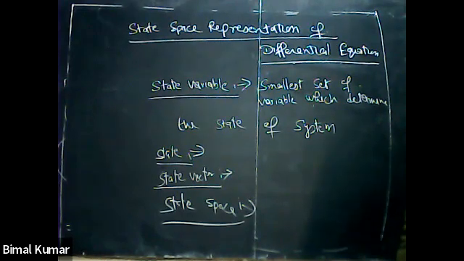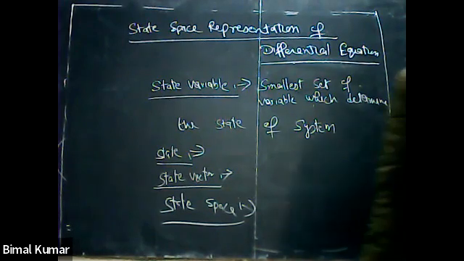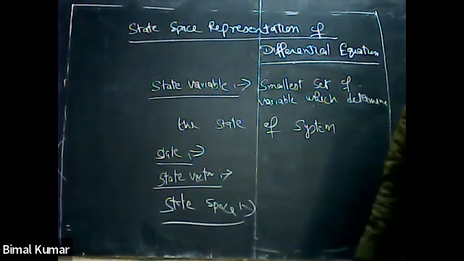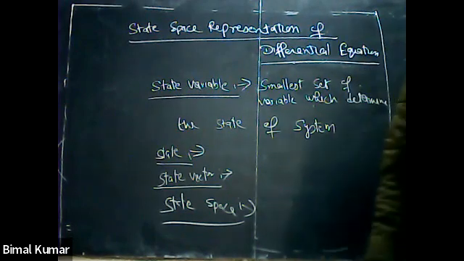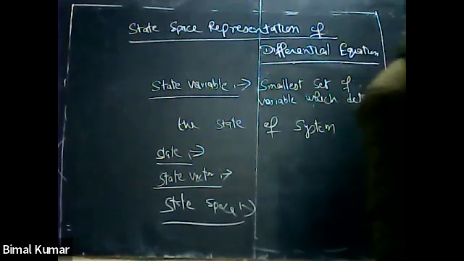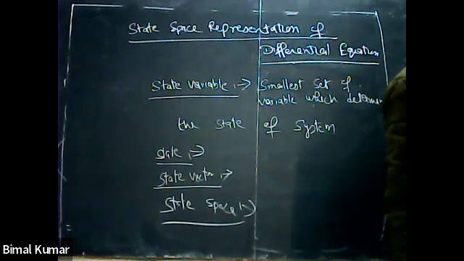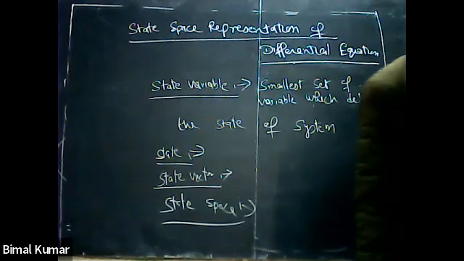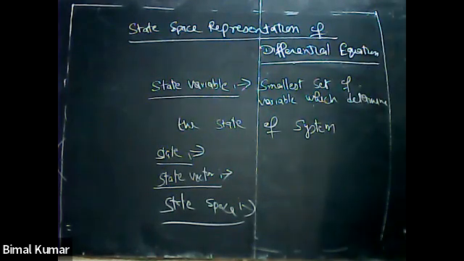And the last one is state space: the n vectors have different directions, and the space which is covered by those n vectors is known as state space. So these four definitions are helpful for understanding the state space